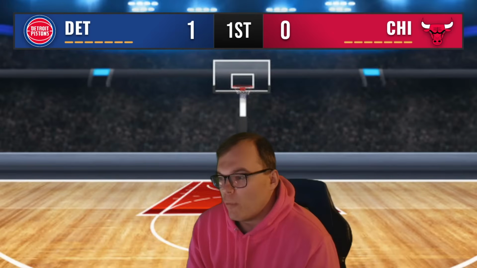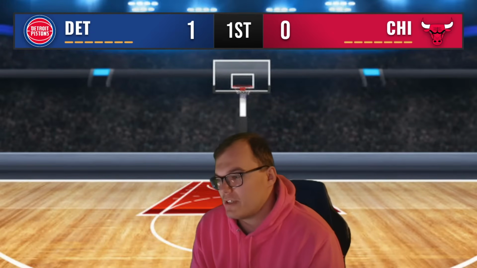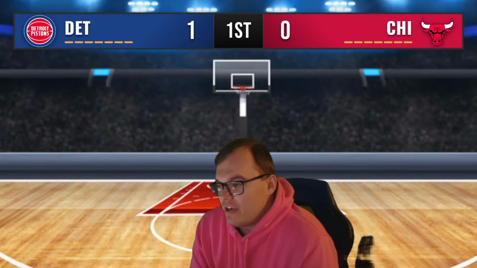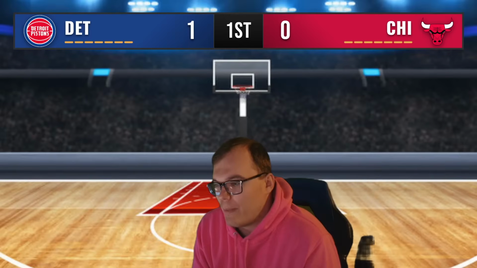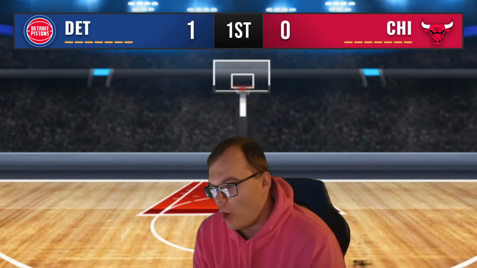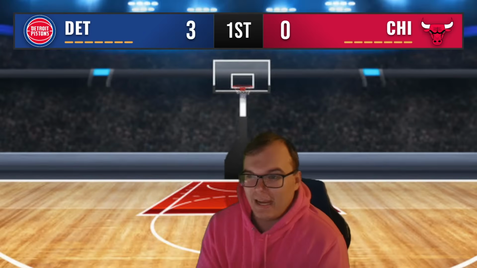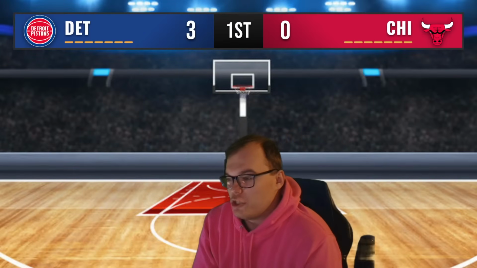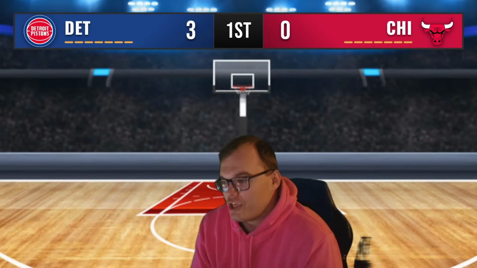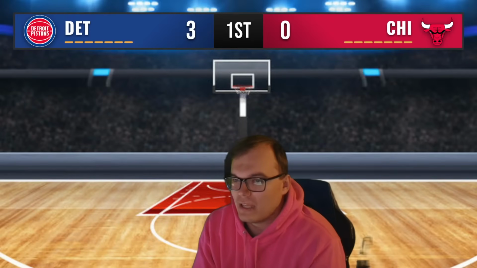Jalen Duren went to the free throw line. He got the first bucket to go. Bulls miss the shot underneath. Cade Cunningham in transition back the other way here. Kicks it off to Tobias Harris for three. Shot is off the mark, though. Boarded by Jalen Duren, who slams it home. And Jalen Duren is making himself known. Coming off the 2-game suspension, we saw him in the All-Star break. He's already got 3 points to start the game.